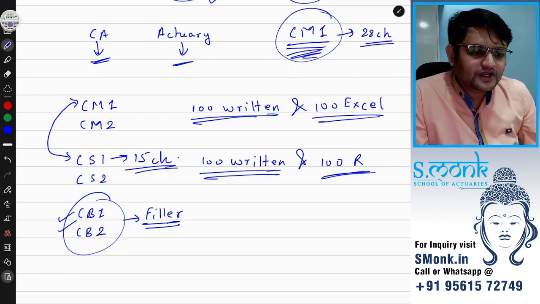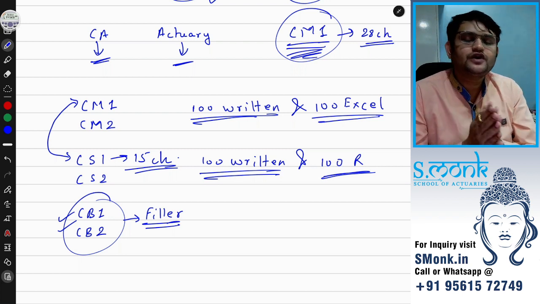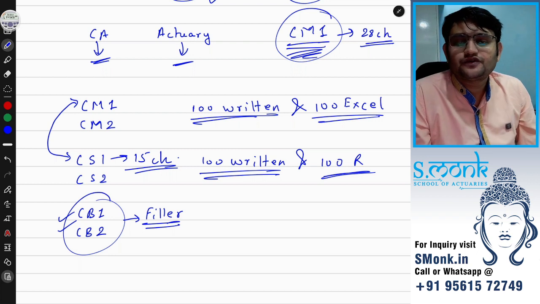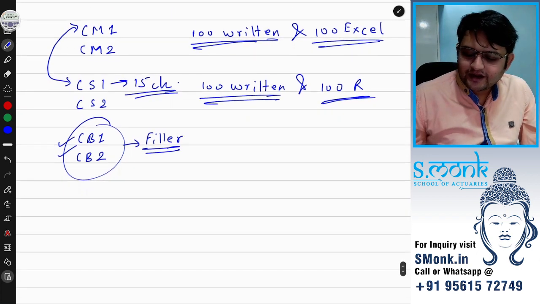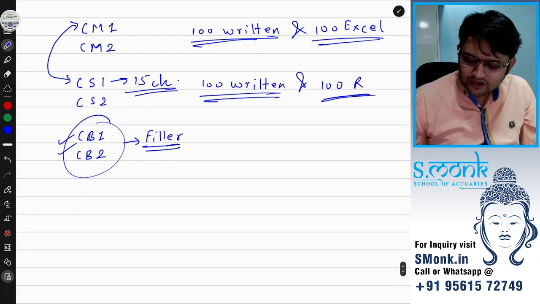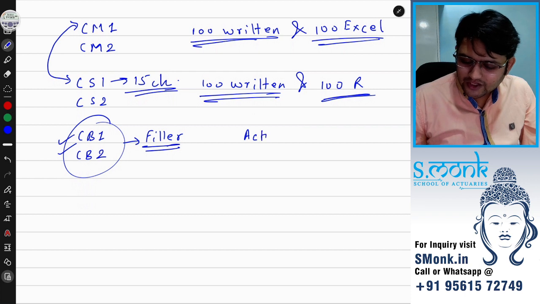In the investment field, which is the better option, either actuarial science or CFA? So see, CFA is another very good option if you are going for investment. The problem is there is no standardization in India. So if an investment company is created by an actuary, they would always hire an actuary.